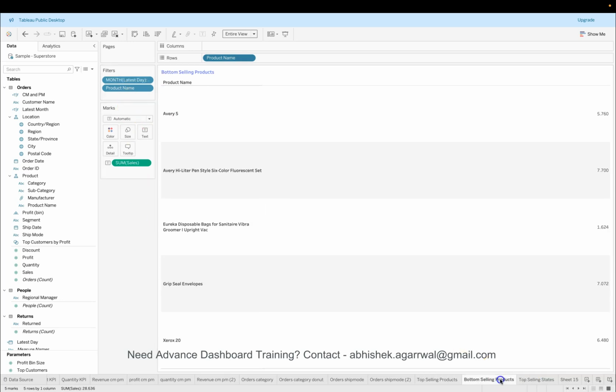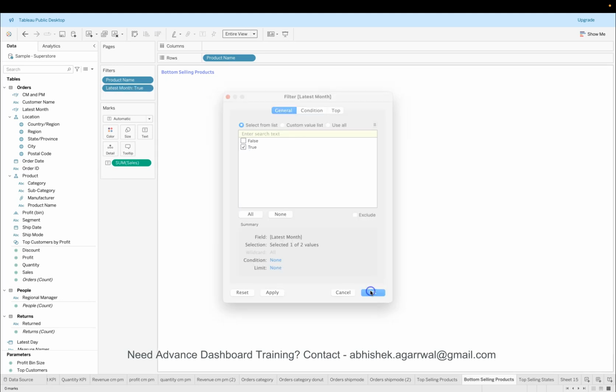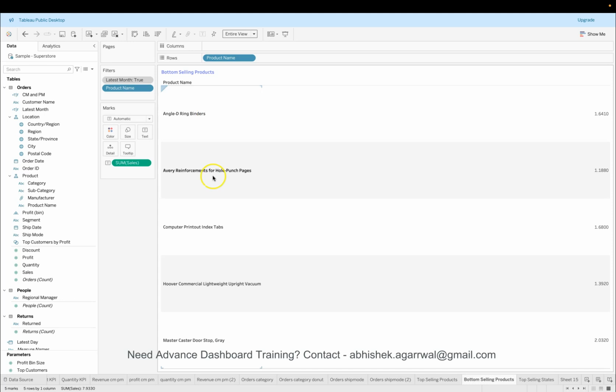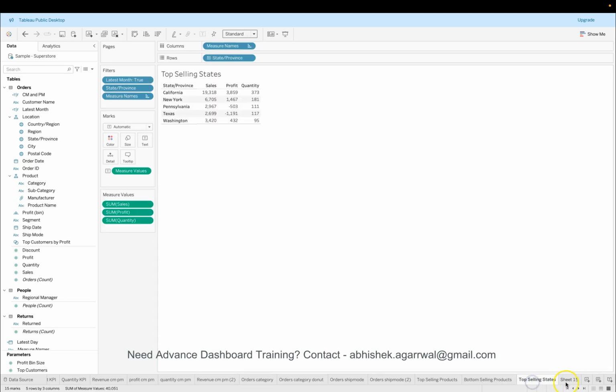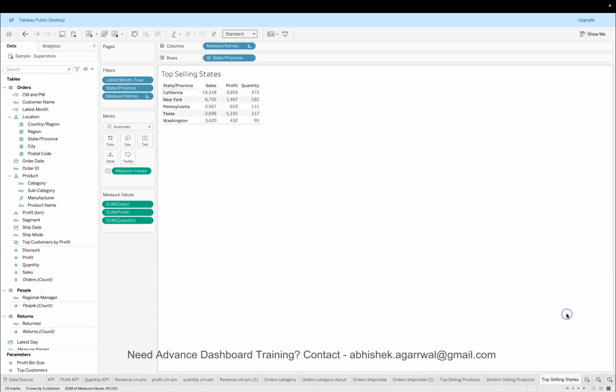So we have this same thing. We can do it over here. Latest month, we can apply it, true, click OK, and we can say add to context, and then we have the 5 values. Alright, now we have everything that we need. I will just delete it. Almost 1 hour